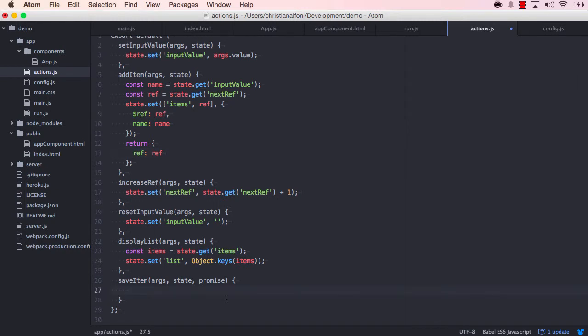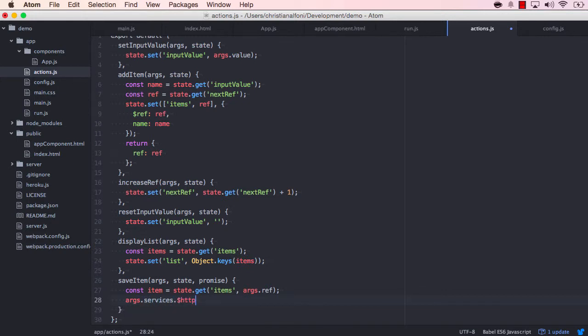So by moving down to saveItem now, we can grab our item again. From state.get items, args.ref. So now we have the item, and we can save it to the server. What I want to also say is that when an action is run asynchronously, you can only get state. You cannot mutate state, like doing set, push, concat, and all that stuff. And that's because you really shouldn't do state changes in asynchronous actions. It has to do with the way Cerebral is able to remember your state. So I can talk a little bit more about that very soon, but let us now use one of the